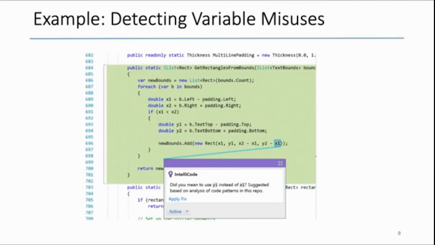Okay, so let's come back to our problem of detecting variable misuses that System 1 is supposedly good at, right? Now, what are the inputs and outputs of this problem? So the input is a piece of code, typically a single function, in this case, a Python function. And the output here is to pinpoint a location in the code, so the line and column number, and a replacement variable, right? So presumably the variable x1 there is misused, and so we should be using Y1,